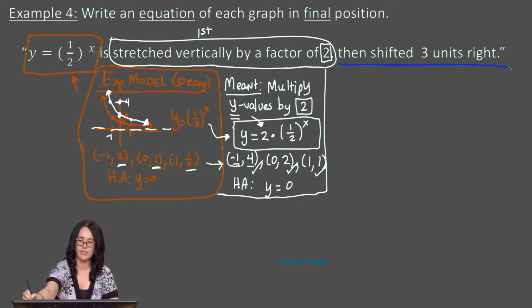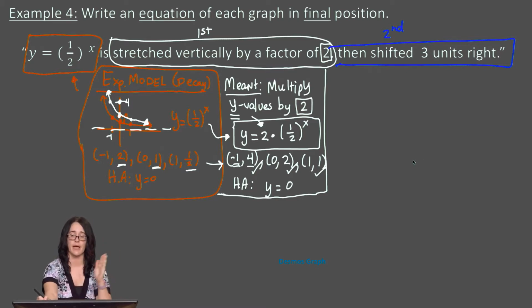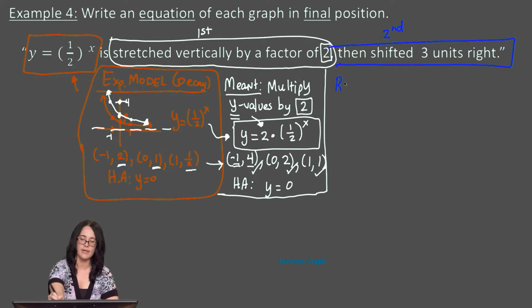Our second transformation, I should say our second transformation but our third part of the problem. So our second transformation is a shift to the right 3 units. This is also known as a horizontal shift if you go left or right. So if I'm going to the right 3 units,